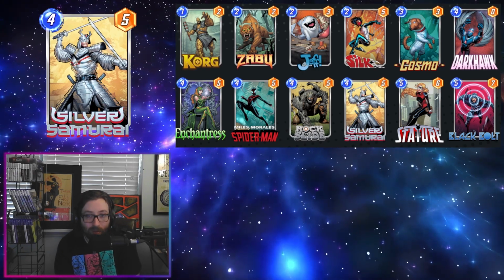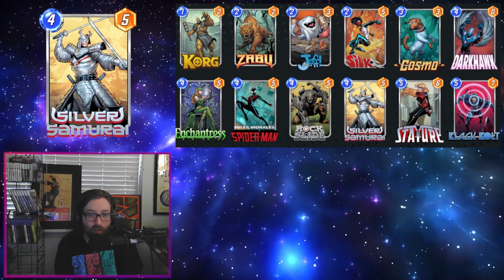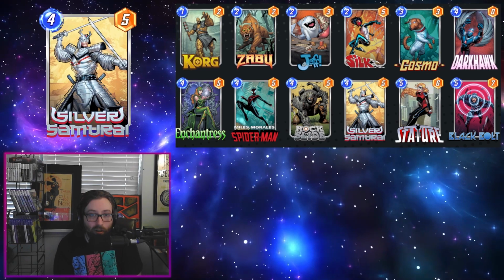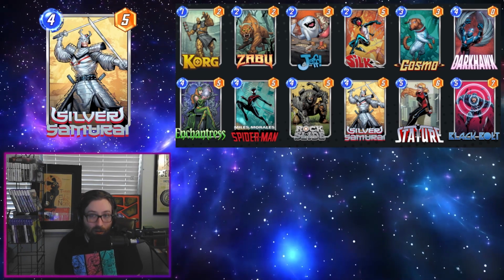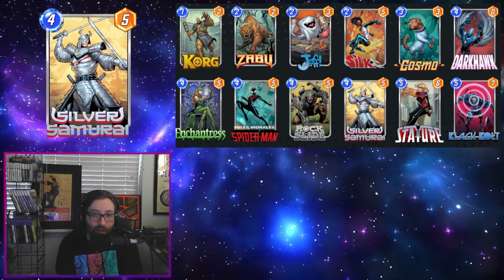Obviously, this is a Zabu deck, so we're running a critical mass of 4-drops, including Darkhawk, Enchantress, Miles Morales, Rockslide, and of course Silver Samurai himself, Korg to round out our rock package, Zabu to reduce our 4-drops, Jeff and Silk for flexibility, and to give us the ability to weave in a cheap Miles Morales into one of our